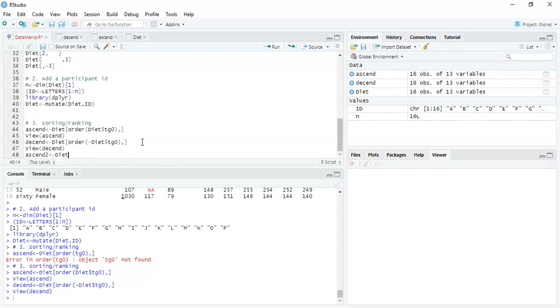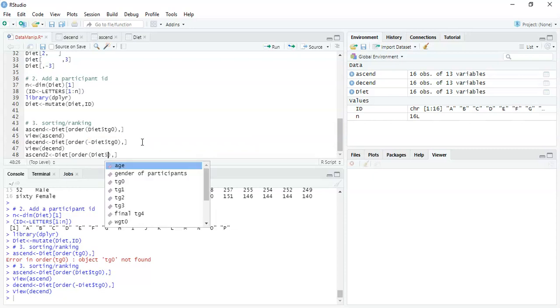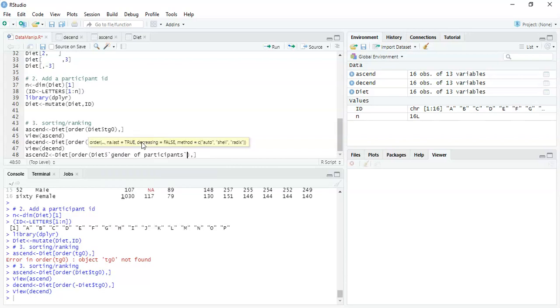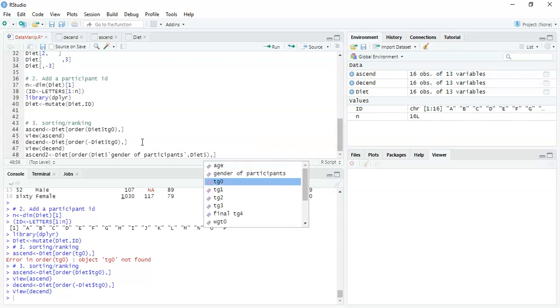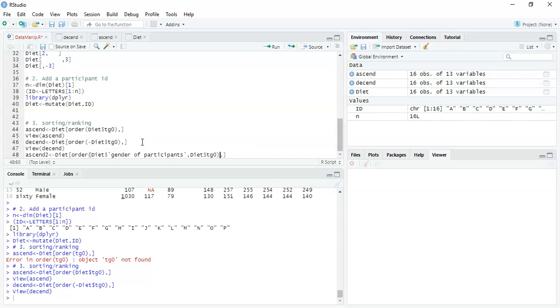So we're going to look at the diet data frame again, square brackets. In the square brackets, we can do the comma again, the comma to distinguish between rows and columns. And here what we're going to do is we're going to order again, open up the brackets like we've done a few times. Now here we state the data frame, $sign. We're going to use the gender of participants. I'm going to rank it by gender, and then do comma inside the round bracket, staying inside the round bracket. So I'm going to say first rank it by gender, and then rank it by triglyceride levels at baseline. Okay, so if we run that,